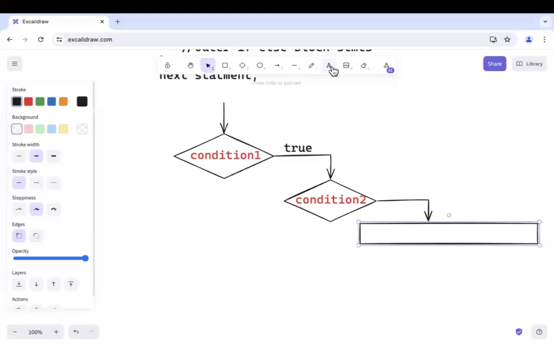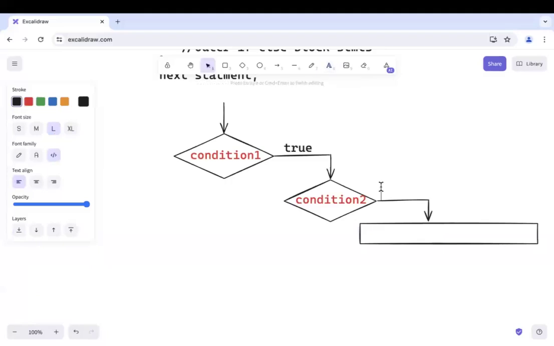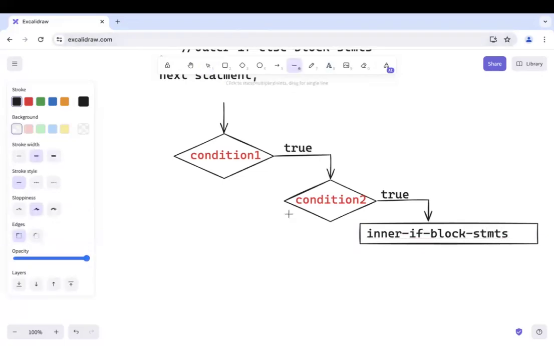Am I right? So I'm writing here true. Then I'll write inner if block statements. And if, for example, condition 2 fails, I'm talking about condition 2, not condition 1, for example, if condition 2 is false,